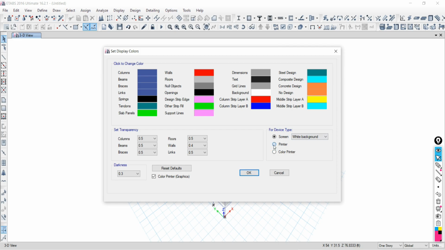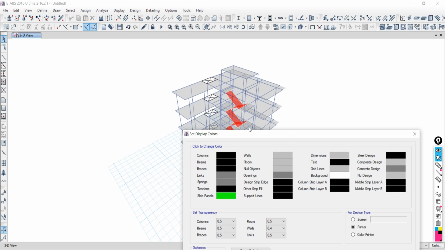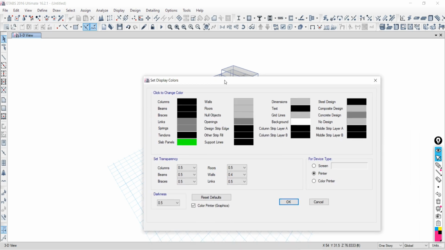If you are going to take a print of this model with a black and white printer, the colors will appear in dark tones: beams will be dark black, braces too, and floors with light gray, like that. That is the representation. If you are going to use a color printer for printing out the model, just click over that and these colors will be taken. It is all understood?